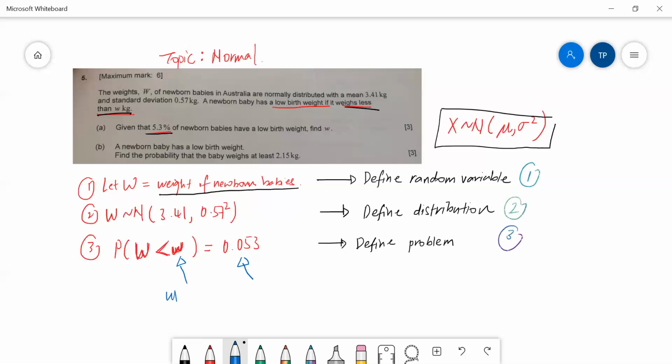Okay, wait, what are you trying to find here? You're supposed to find W. But okay, how did you know that it's inverse? Oh, because, look, let's say